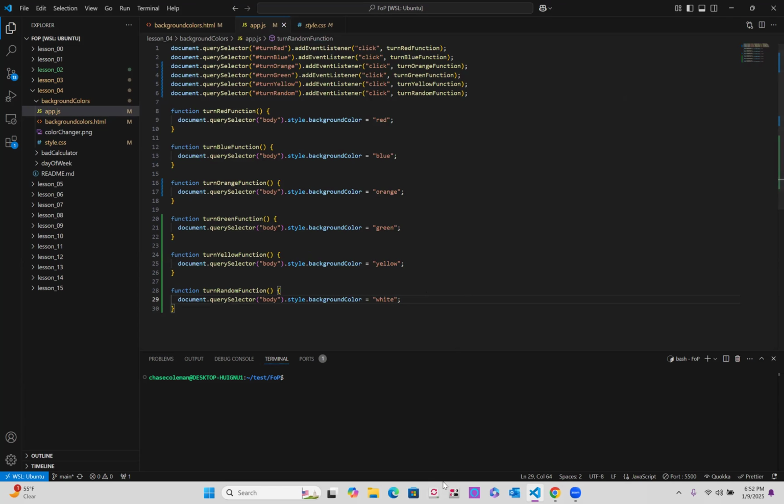So JavaScript does not have a native built-in random module like Python does, unfortunately. I mean, it does, but the random module in JavaScript returns a number between 0 and 1, and it tends to be a decimal, right? So you might get like 0.305 or something weird like that. So there's some math that you have to do that I'm not very confident in. So that itself is a quick Google search here. What I shared in the Zoom chat is a quick one I found. Maybe you try implementing that.